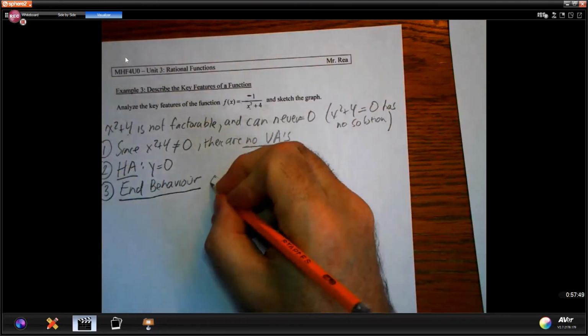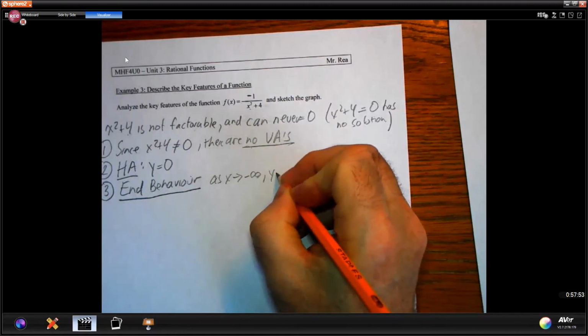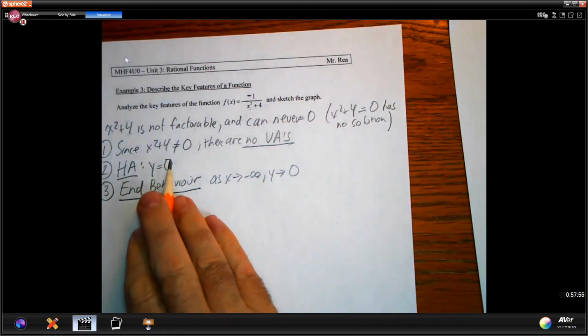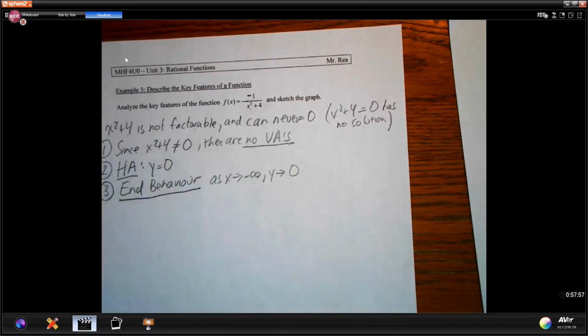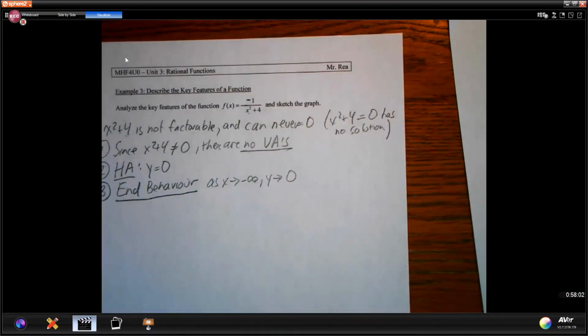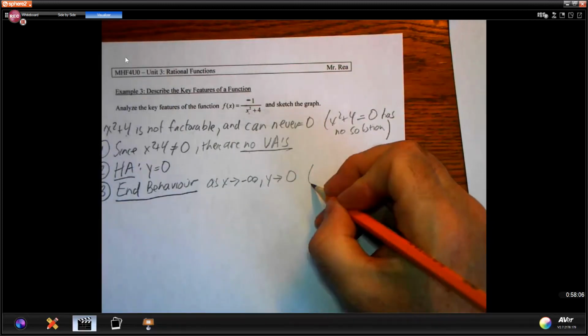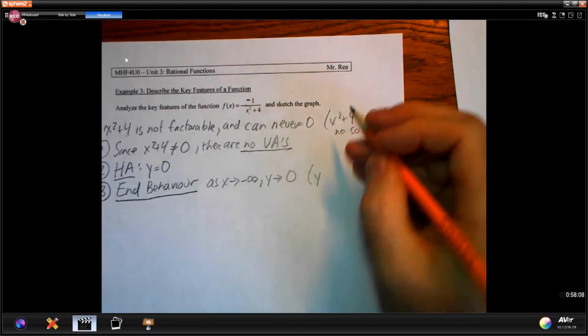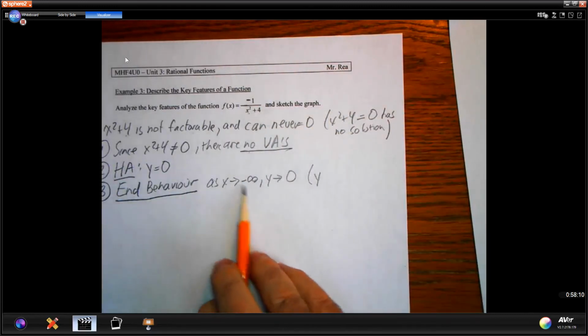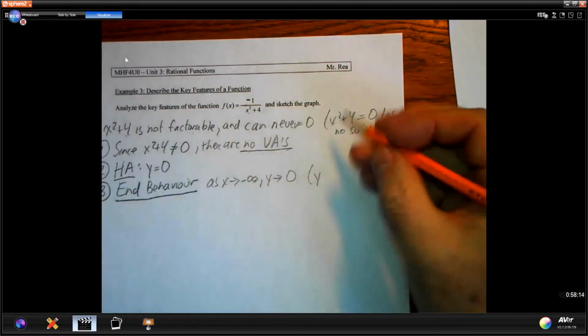So again, we do it the same way. As x approaches negative infinity, y will approach 0 from above or below. We're not really sure which. So let's do that right now. If I plug in like 100, negative 100, I'm going to get,